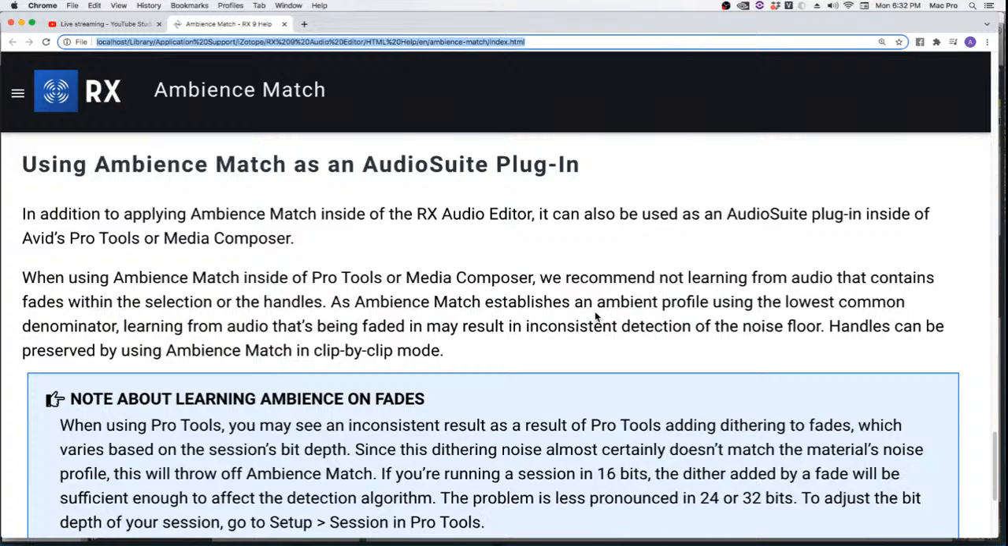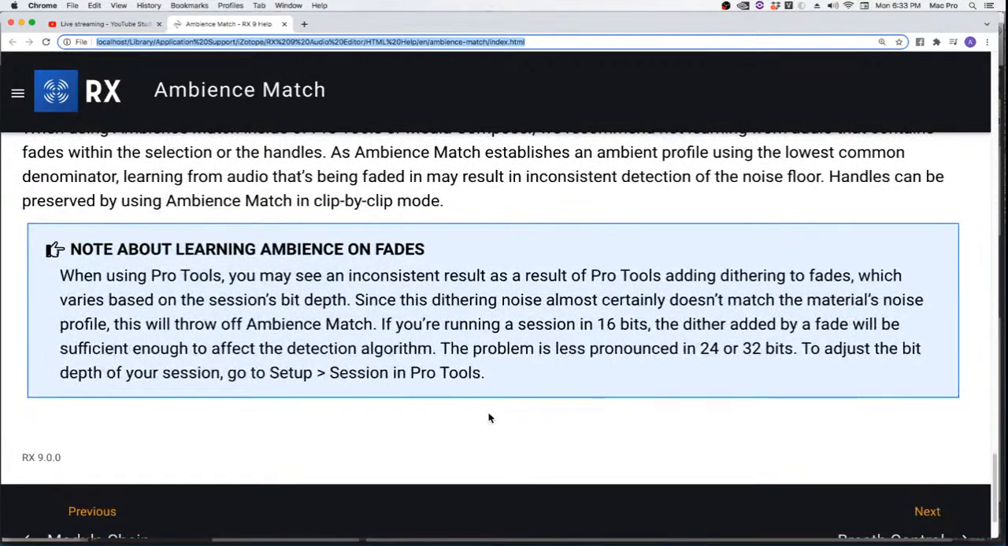As Ambience Match establishes an ambient profile using the lowest common denominator, so the same as static. Learning from audio that's being faded may result in it. Okay. Handles can be preserved using Ambience Match clip-by-clip mode. You may see an inconsistent result as a result of how Pro Tools acts on fades, which varies based on the session's bit depth. The noise almost certainly doesn't match the noise profile. This will throw off Ambience Match. If you're running a session at 16-bit, the dither added by a fade will be... So it's just talking about